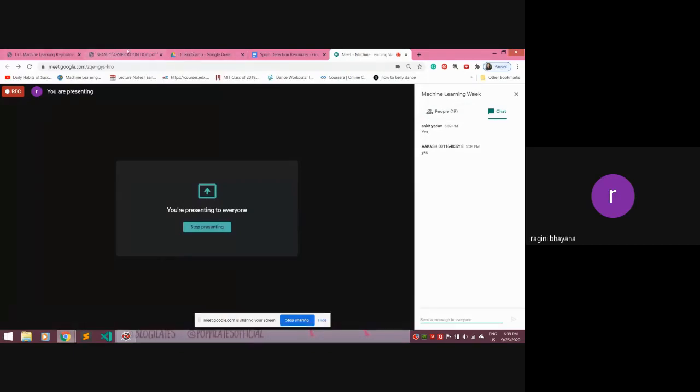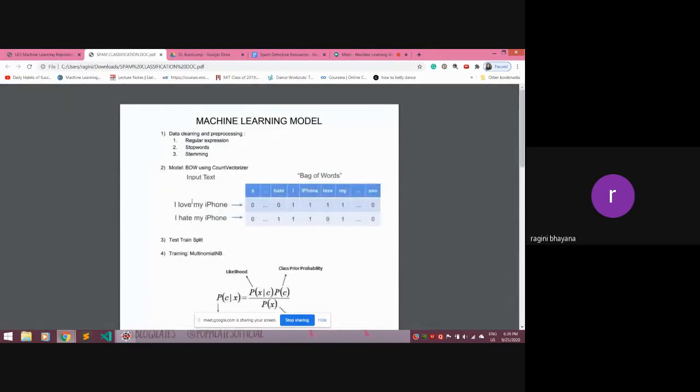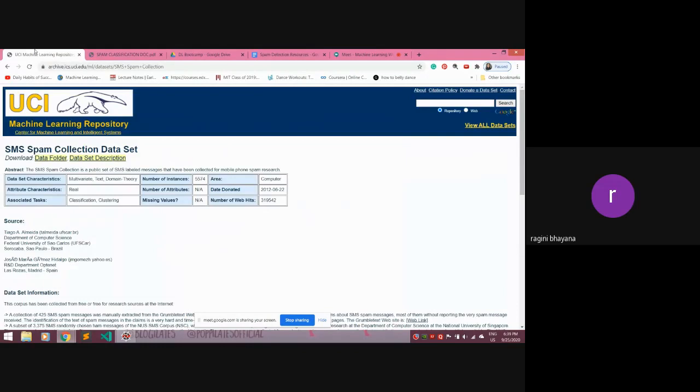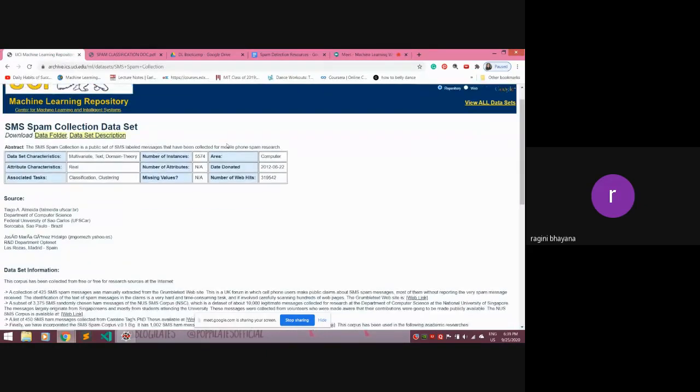So, for the spam classification model, we'll be using natural language processing, and we'll use stop words, stemming, count vector, bag of words. We'll implement bag of words using Count Vectorizer. A spam classification model is an entire machine learning problem statement. We have taken our data from the UCI machine learning repository. The link is provided in the Drive link provided to you. You can download the data.